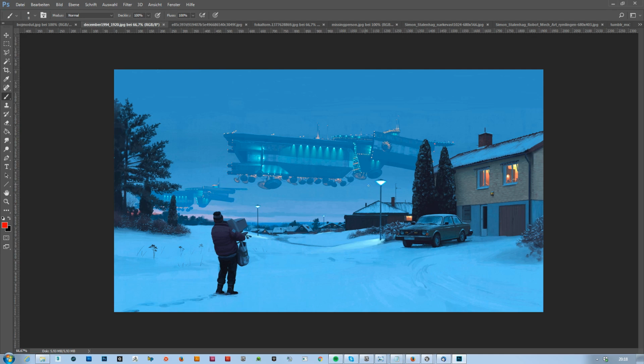If we look here, let's just do the black and white thing again, we can see that this guy really stands out. He is just very much in focus. And those ships here, they're there as well, and they're also nicely separated. And then we got these elements here, dark ones in the corners that are framing the image. So this is the first type of contrast that